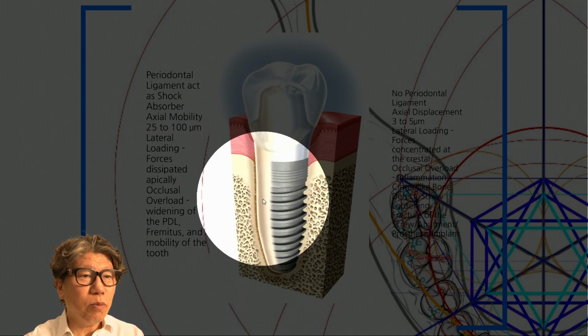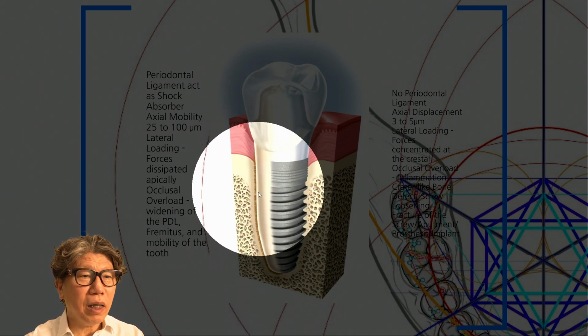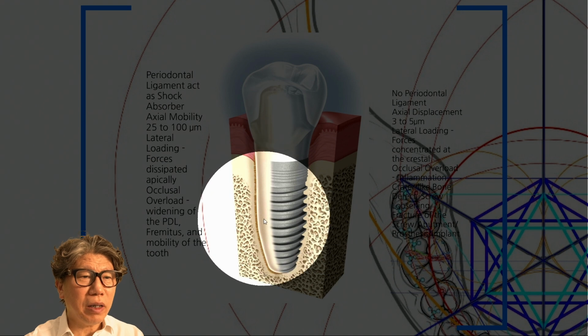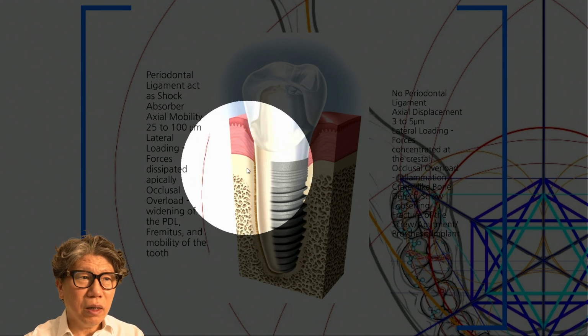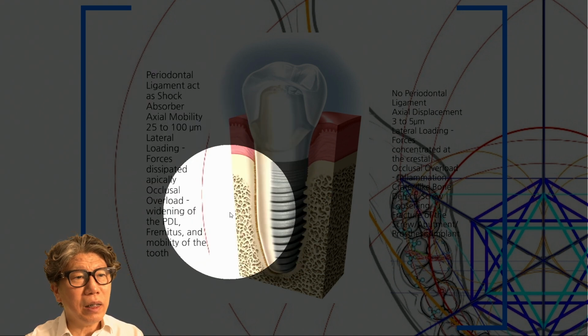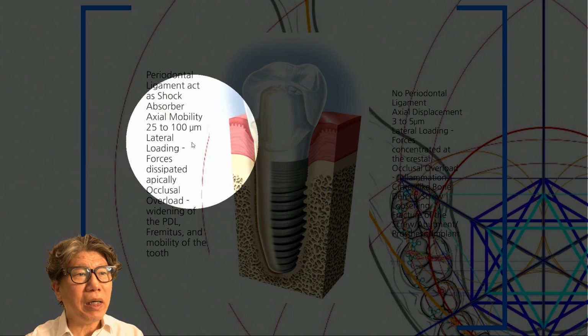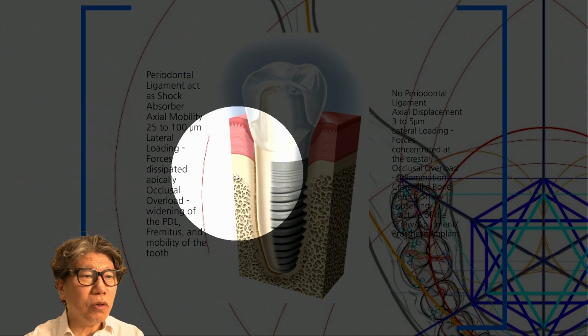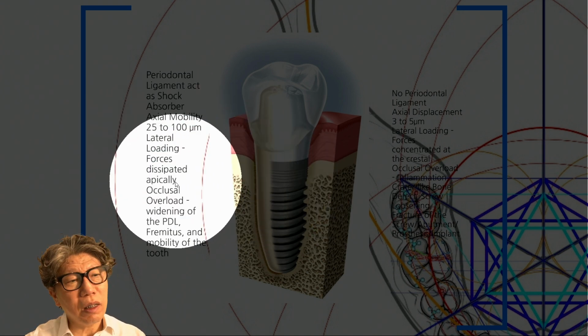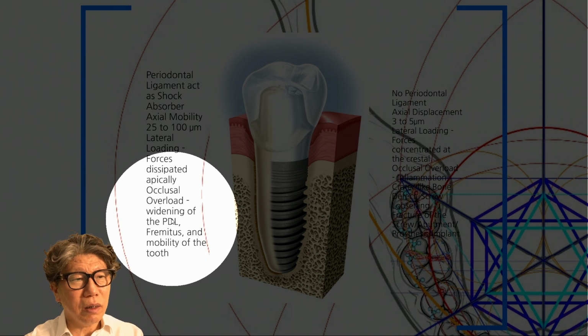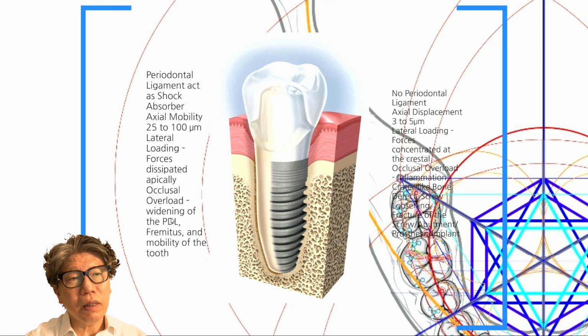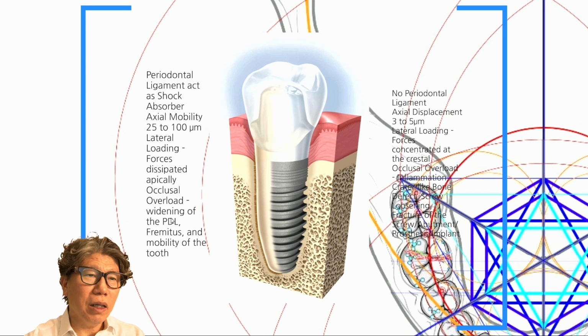Of course, direct bone contact does not occur, but the periodontal ligament attaches to the root's cementum, and this cementum functions as a shock absorber. Due to the elasticity of the periodontal ligament, there is axial mobility of about 25 micrometer to 100 micrometer, and when lateral force is applied, the PDL, periodontal ligament, stretches and serves as a shock absorber. The periodontal ligament. On the other hand, as you can see in this photo,